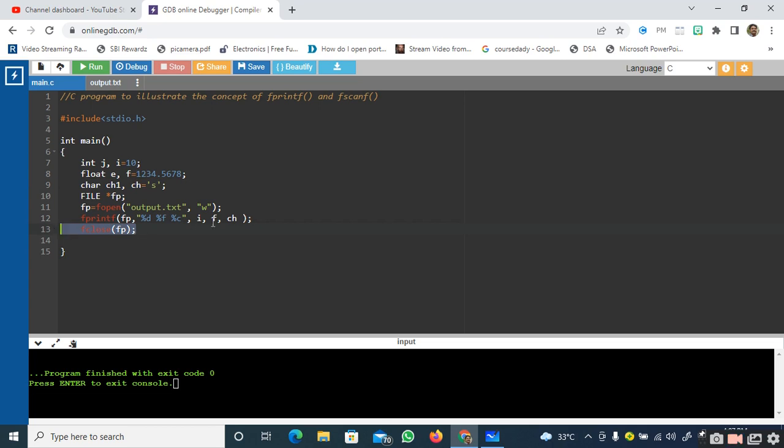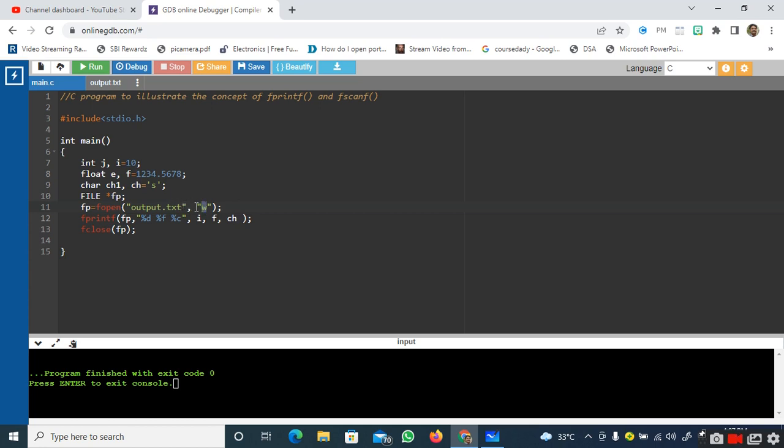Previously, when we discussed the various modes of files, I told you clearly that a file can be opened in only one mode at a time. It cannot be opened with two modes. When you want to reuse the file with a different mode, you should always close that file and then reopen it in the other mode.